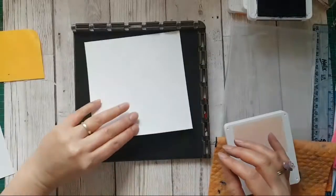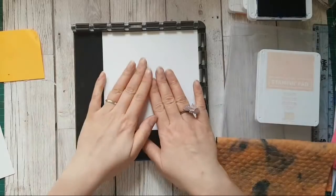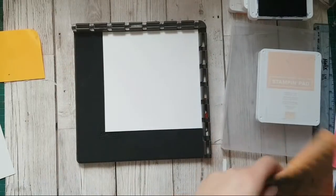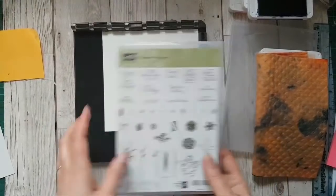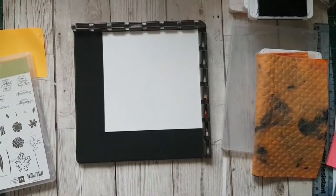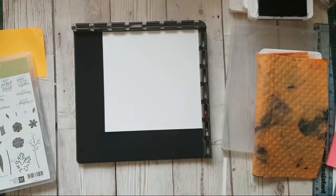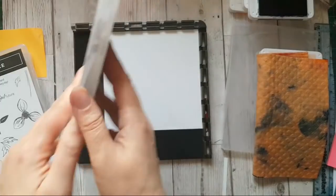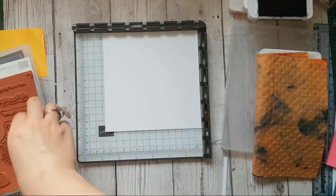Okay, so let's have a look at this. So we've got a smaller surface area to work to. So we need to look at maybe smaller stamps. Actually, I might keep Beautiful Bouquet here because there are some smaller stamps on there that are quite useful. Sorry, bear with guys. I'm just trying to look at my stamps and what would work. I fancy using that as a bit of a background. Let's take that out and see what would happen if we...